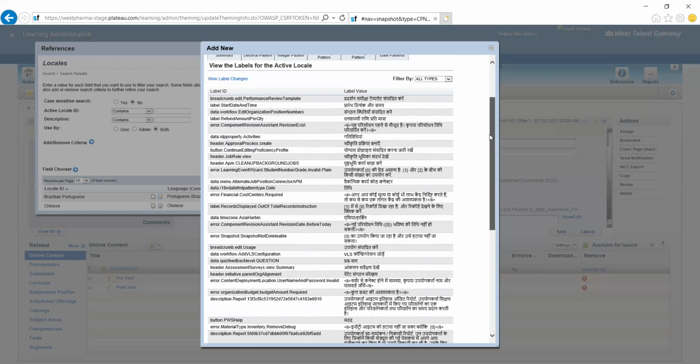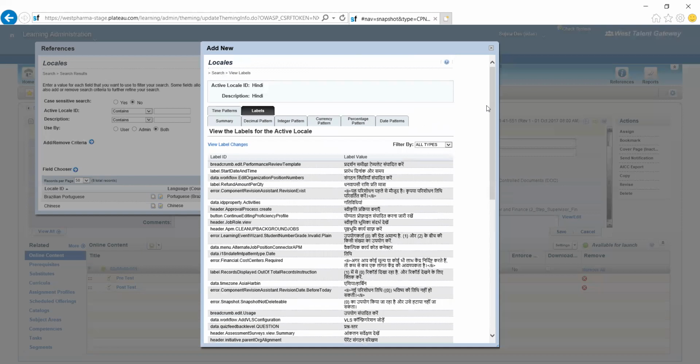You are clear about where we are going to use locales, because if you have seen the levels, you will be able to understand it. Date timing means din and samay, so all this text we can change if you are choosing Hindi. This is the way we can use it.